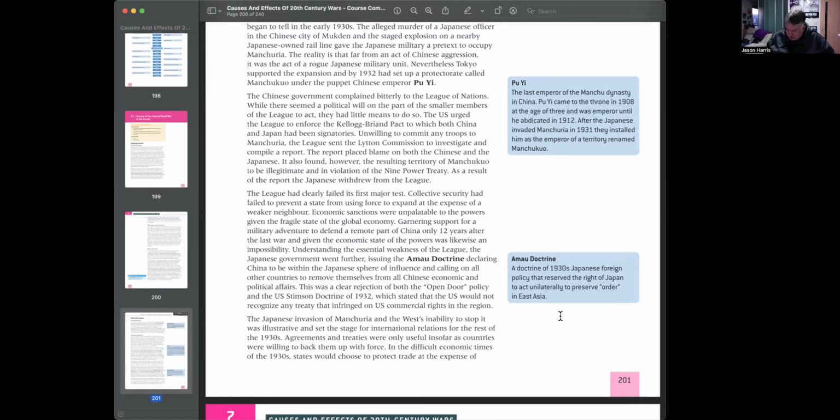This was a clear rejection of both the open door policy and the U.S. Stimson Doctrine of 1932, which stated that the U.S. would not recognize any treaty that infringed on U.S. commercial rights in the region. Now,